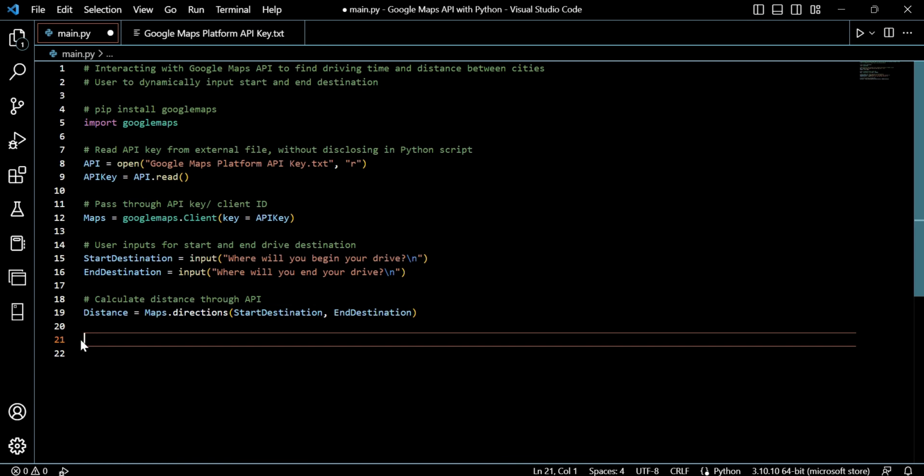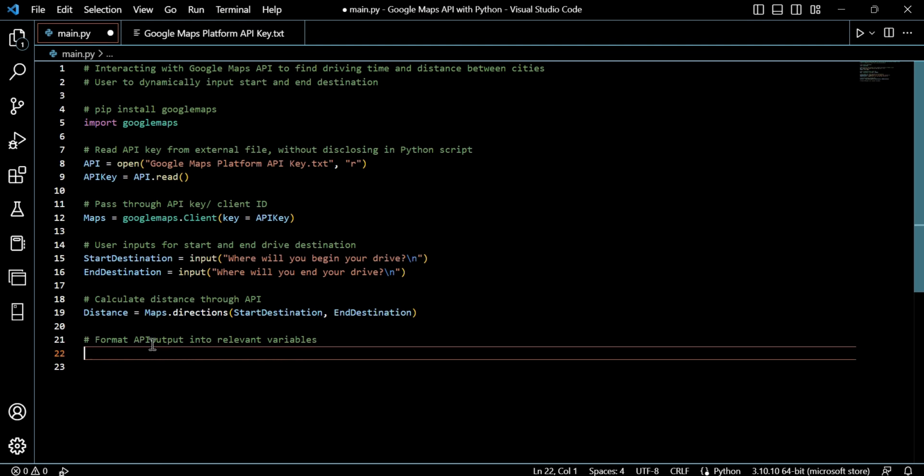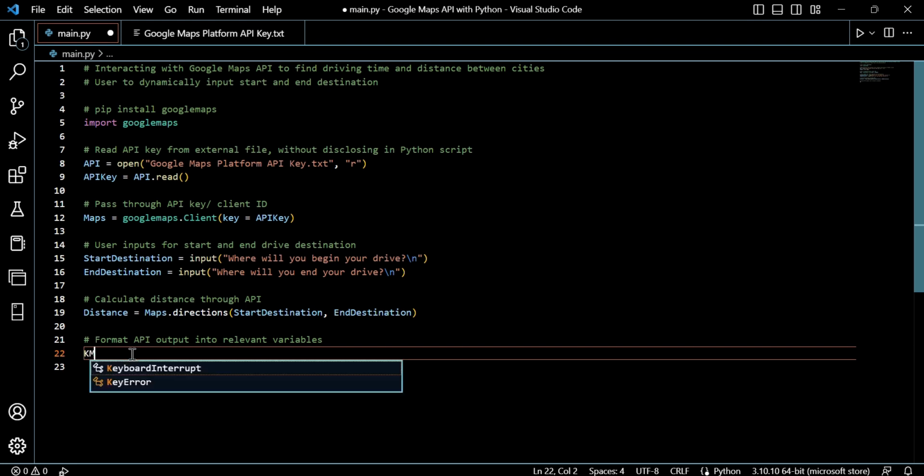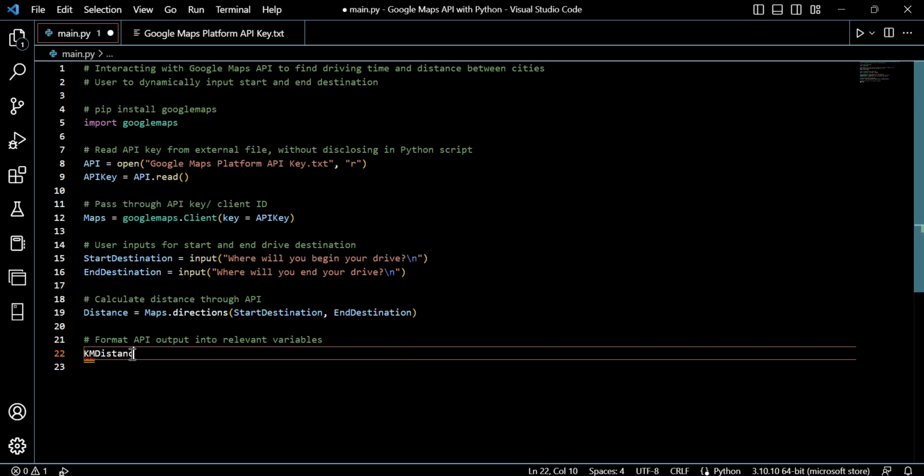So I'll just say format API output into relevant variables, let's say. And I will tidy that up. There we go. So we'll have two here we want to measure, and one will be, I'm just going to name as the variable kilometer distance there, and I will just set that equal to,